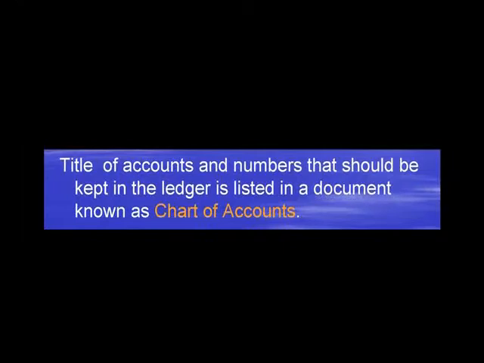In most cases, for each account there must be a number, an identification number. So you are recognized by number in some cases. We need the ID number all the time with your name. Similarly, for all the accounts in the chart of accounts, there are two components: number and title. So we will learn the chart of accounts later, I just mentioned it.